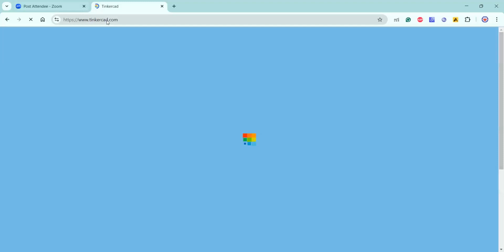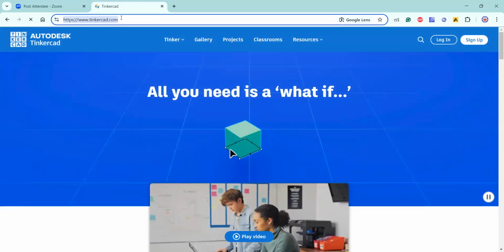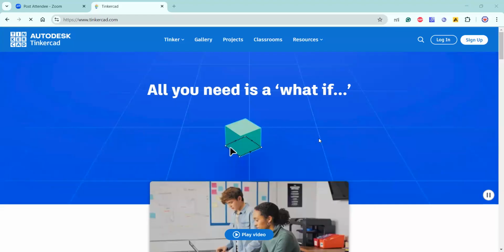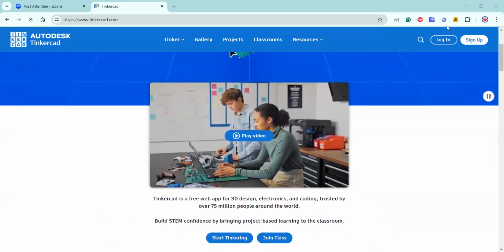It is an open source website, a web app, where we can do designing and basic modeling. That's all we can do. Here also we can organize